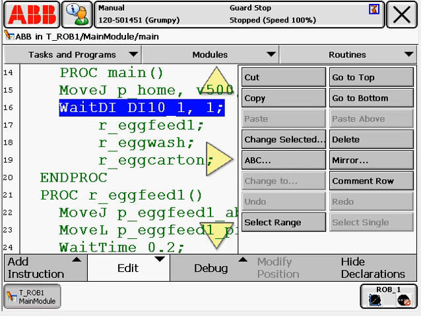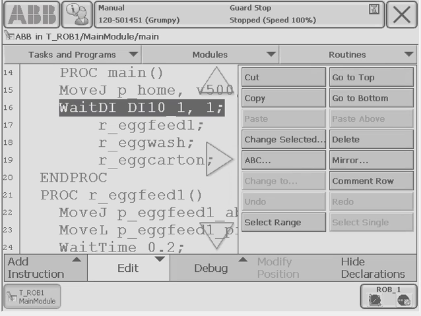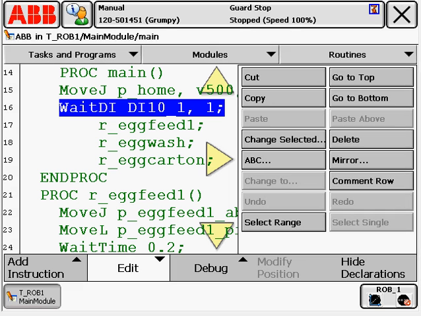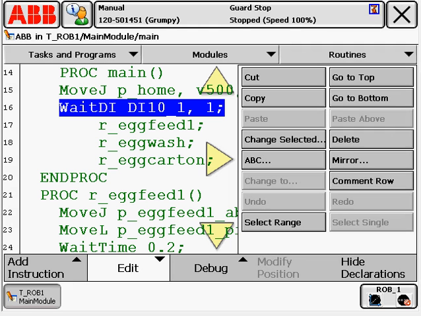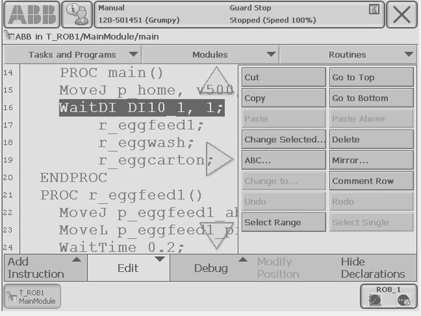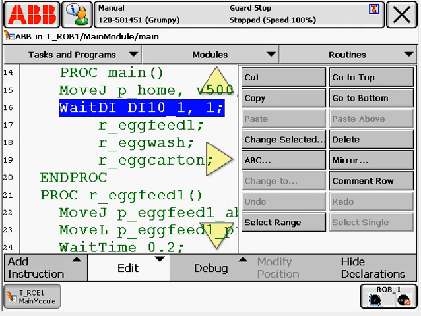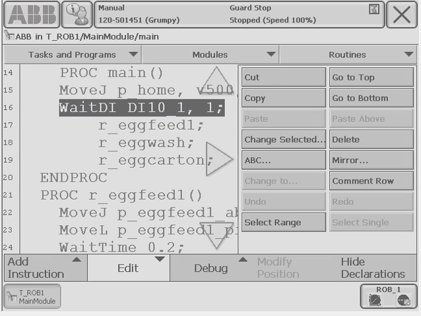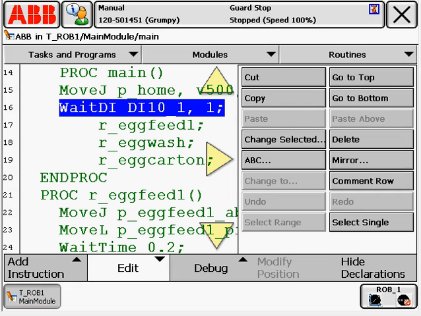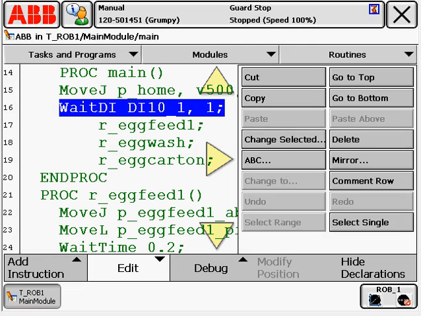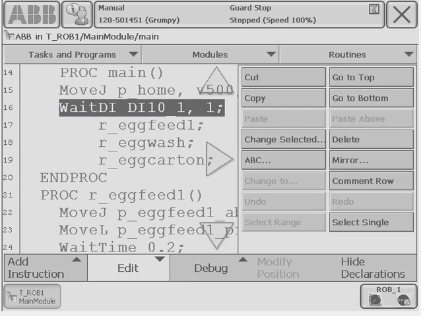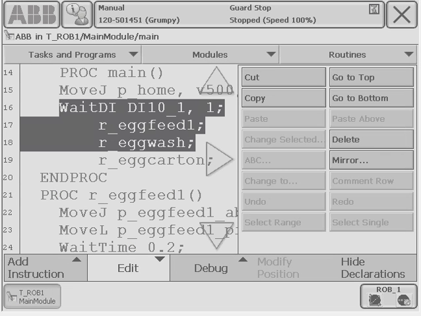Here we're going to add an if-then statement to our program. First of all, I'm going to modify the previous program. So I'm going to highlight the wait DI instruction, hit select range, then I'm going to select down to the R_egg_wash. By tapping on the egg wash. Then I'm going to,